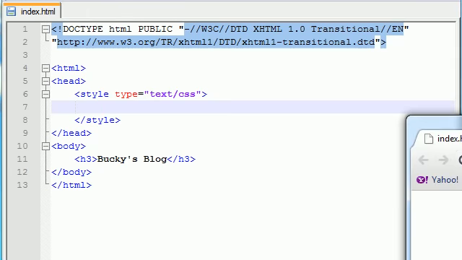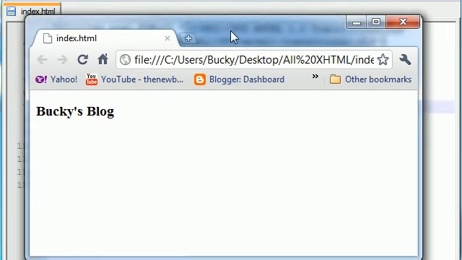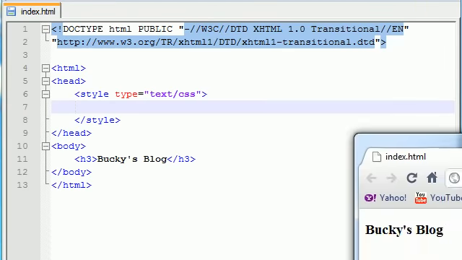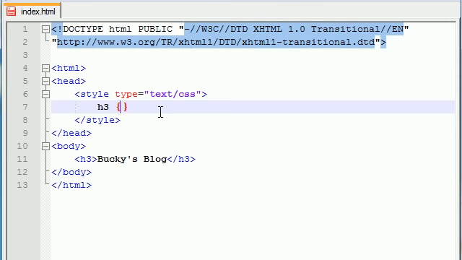But if we save it right now, look at this. It's on the left hand side of our website, and that just looks dumb. Title should never be on the left hand side. I want this title in the middle is what I'm trying to say. So in order to do that, write header 3, of course, and inside your curly brackets,